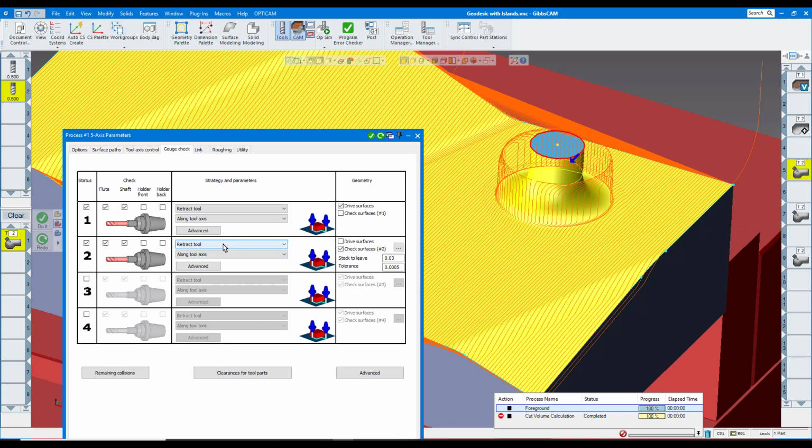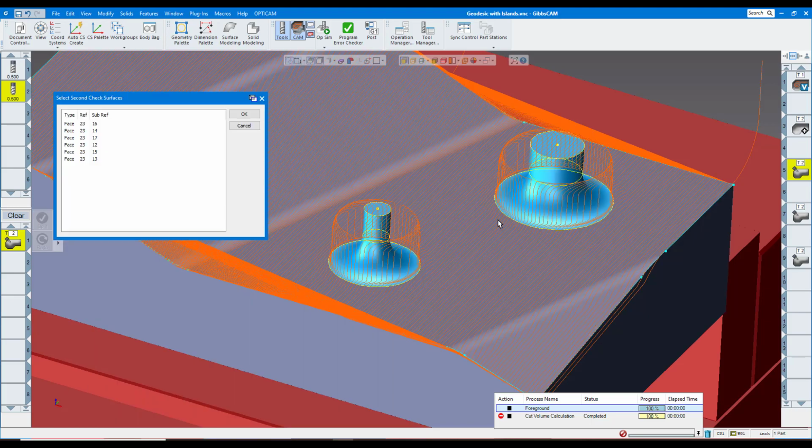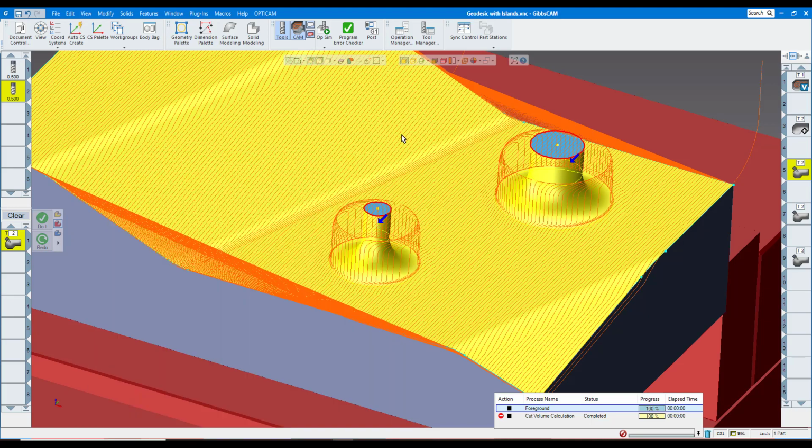We're going to leave the track tool along tool axis the same as before, but then it's going to give me the 3 dots, which is basically saying, okay, select the constraints you want to do. So I selected the top and the side, and of course the fillet, same on both of them, and of course they'll turn a different color, and there you can see what I selected there. And then stock to leave, I said leave 30 thou stock, and I gave it kind of a tolerance there. So now if we run the rendering again,